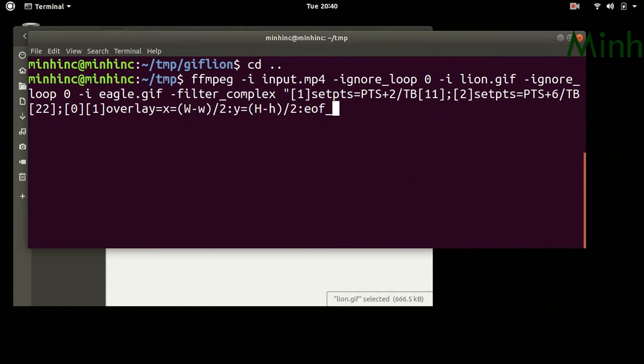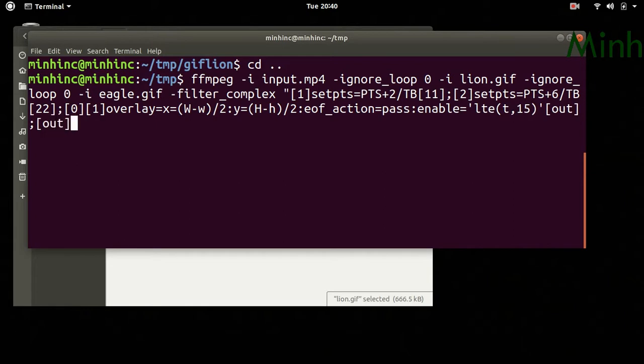Same thing, eof_action equal to pass and enable lte, till probably 14-15 seconds, and this stream name is out.